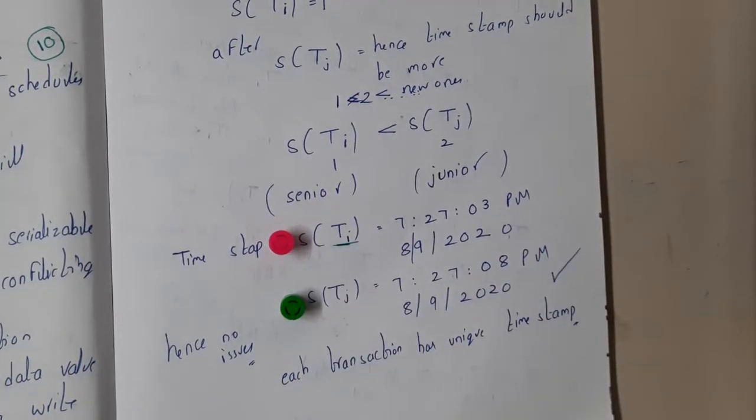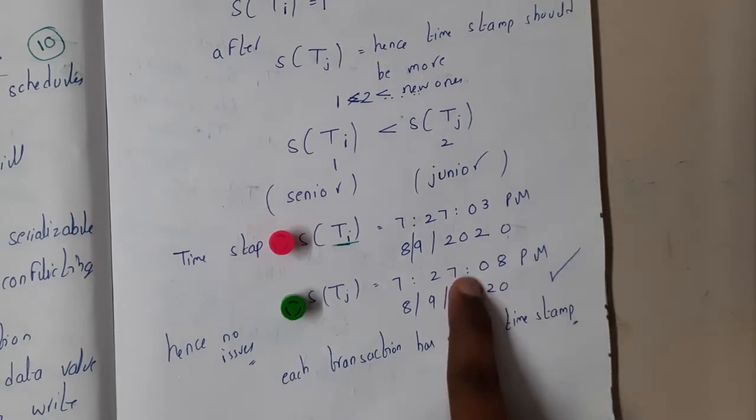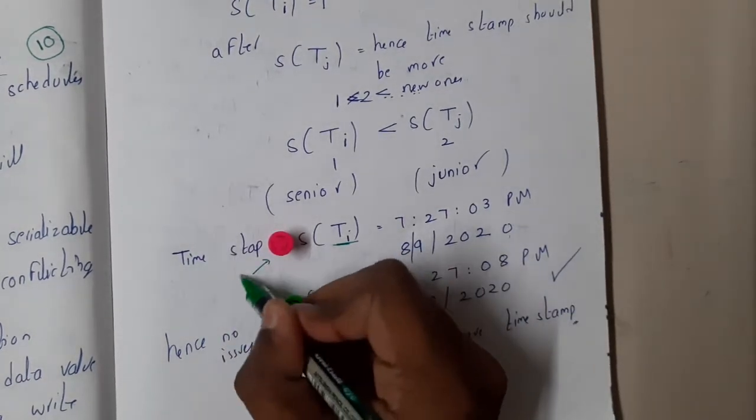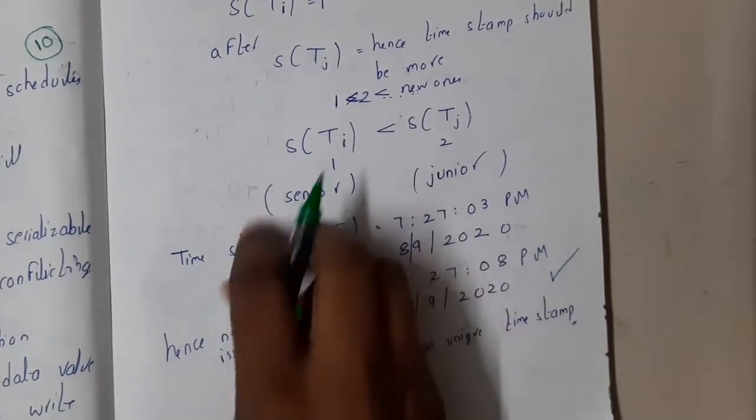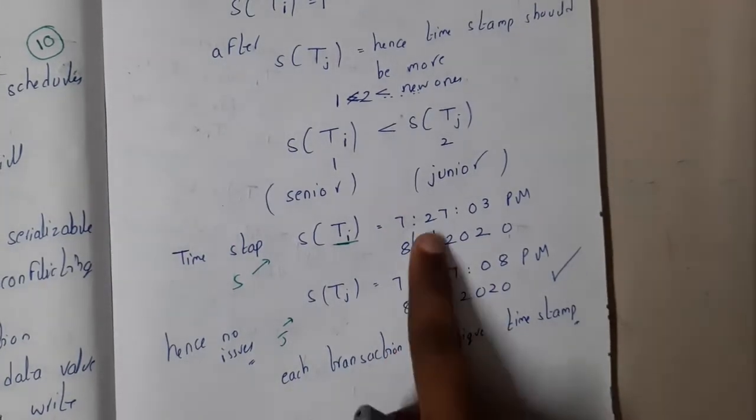Guys, senior and junior are mandatory terms to be perfect in this particular topic of time stamping. In the next ones it's not that important, but here it's really important. So among these two, who is the senior? Senior means, in simple words, the one who entered first is the senior, guys. So who entered first between these two? This is the senior and this is the junior, right? Yes. Got it? So in this way they will assign.